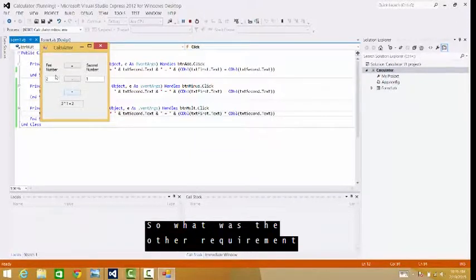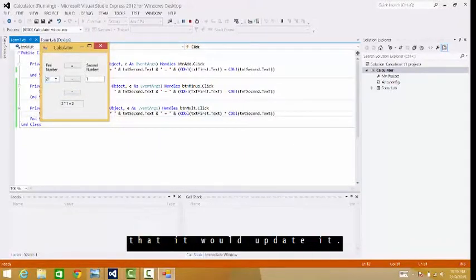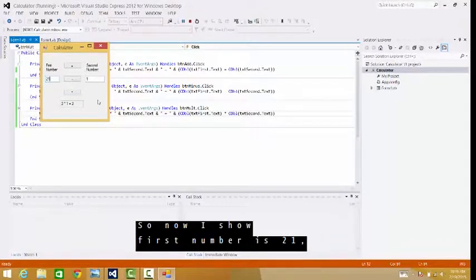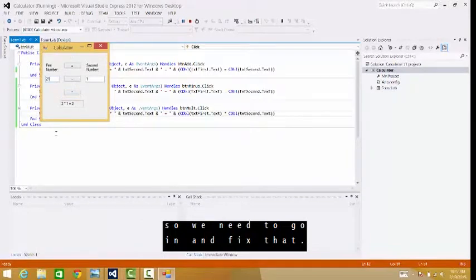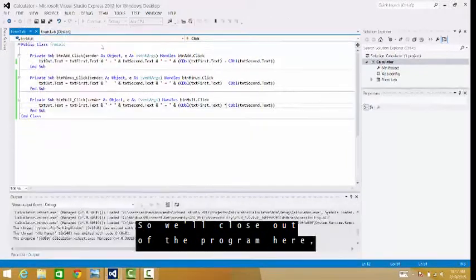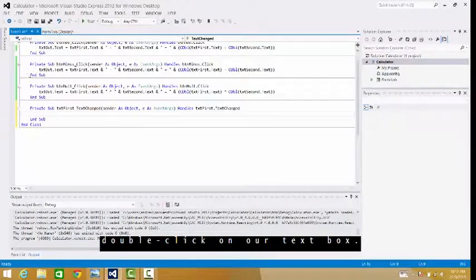So what was the other requirement that we needed to add to our program? We wanted that anytime we clicked into a box, it would update it. So now I show first number is 21, but my output text box is still showing 2. So we need to go in and fix that. So we'll close out of the program here, come back to our form designer, double click on our text box,